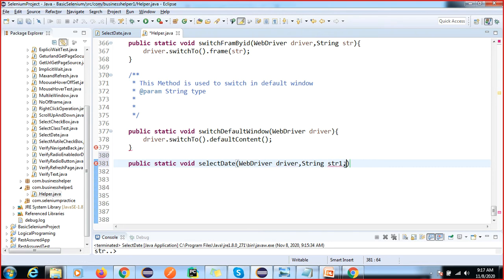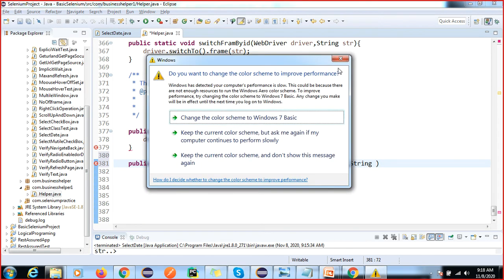This is the value I'm going to take, and I am going to take the XPath value here.